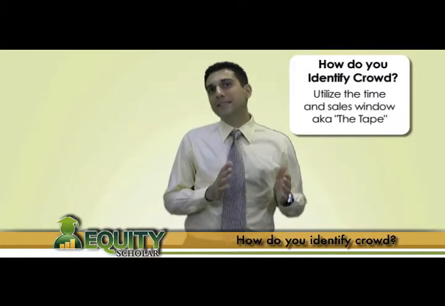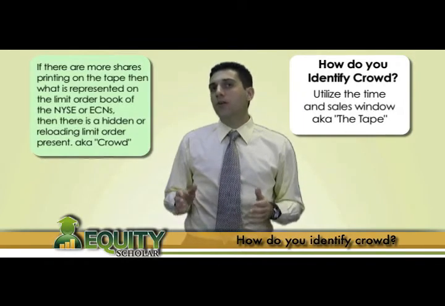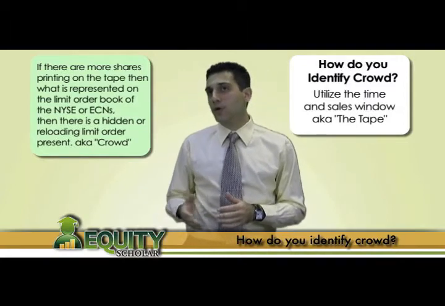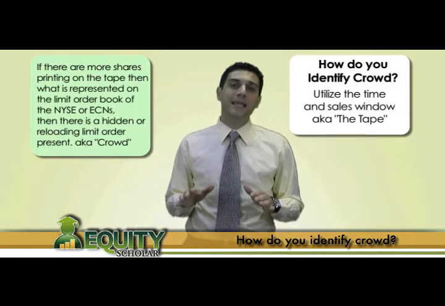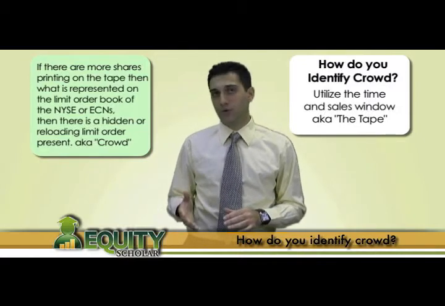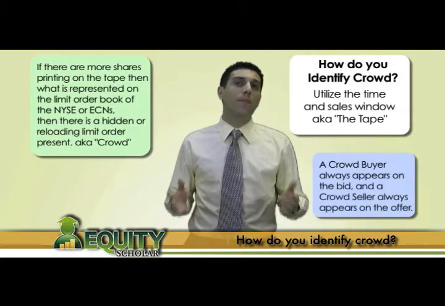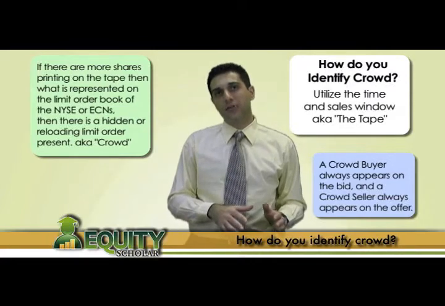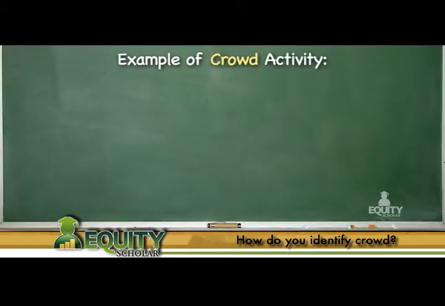Simple, by utilizing the time and sales window, also known as the tape. If there are more shares printing on the tape than what is represented on the limit order book of the NYSE or on the ECNs, then there is a hidden or reloading limit order present, which we call crowd. Remember, like with all buyers and sellers, a crowd buyer always appears on the bid, and a crowd seller always appears on the offer. For instance, let's say a stock is trading with a current quote of